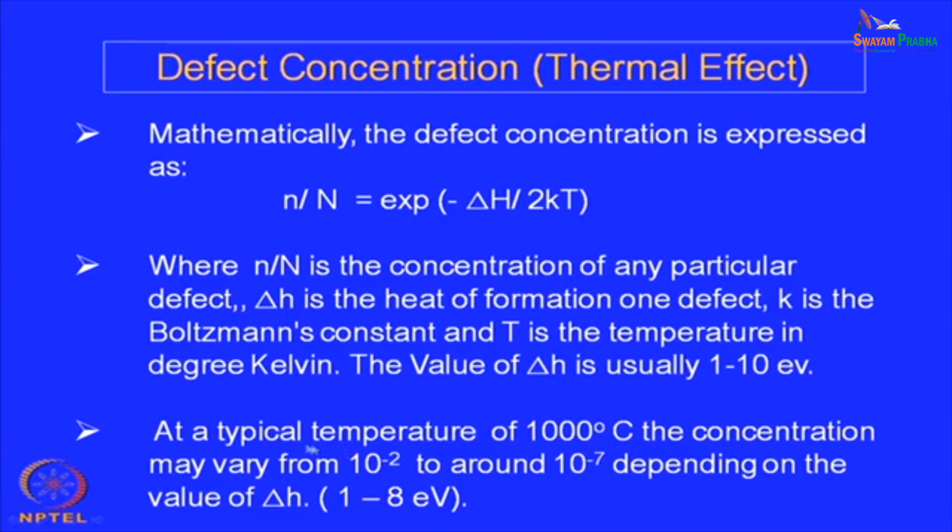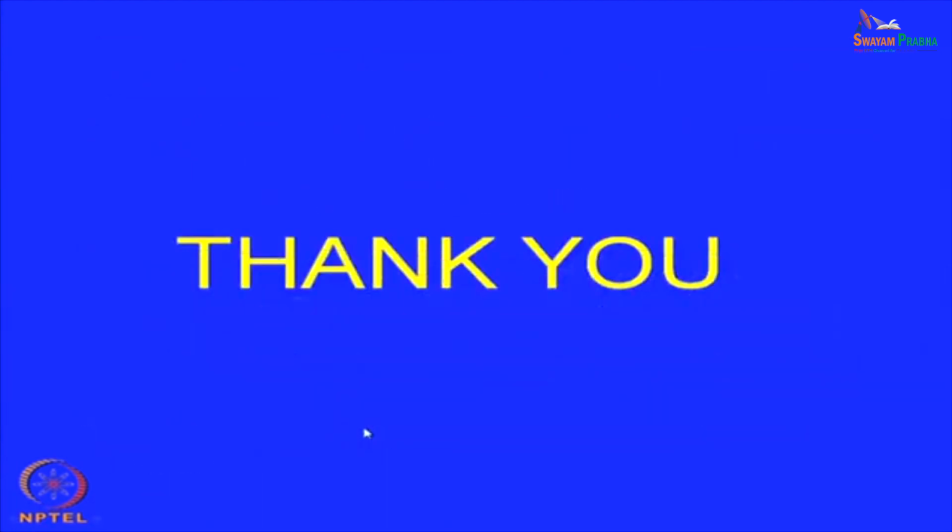At a typical temperature of 1000 degrees centigrade, the concentration may vary from 10 to the minus 2 to around 10 to the minus 7, depending on the value of ΔH, which may vary from 1 to 8 electron volt. Well, that is all, I think, about our discussion on the